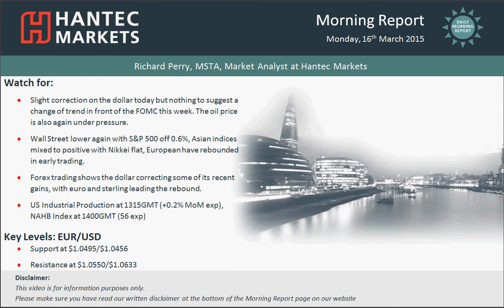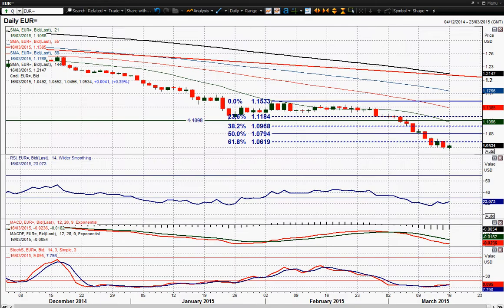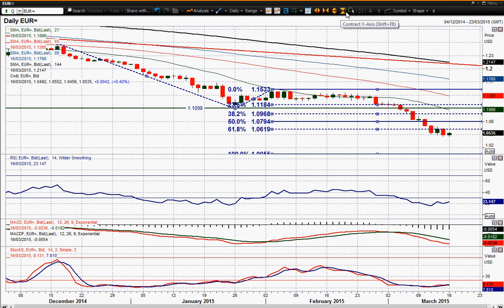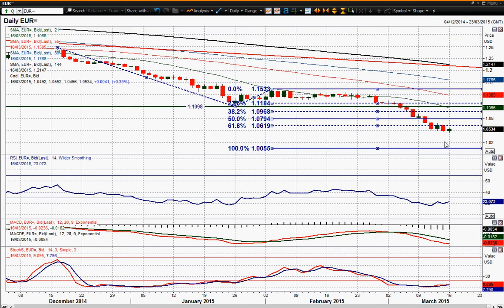Moving on to euro dollar now, and the euro dollar it's interesting because I've been talking about these Fibonacci projections of the breakdown that have given us downside targets, and there's been a slight consolidation around the 61.8% level, around that 106.20 mark. If you project that downwards, you get the 100% level at around that 100.50 level. Now, what the theory would go is that if you start to trade clear of the fib level,